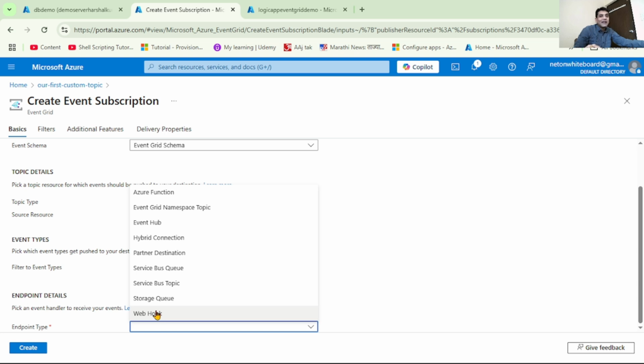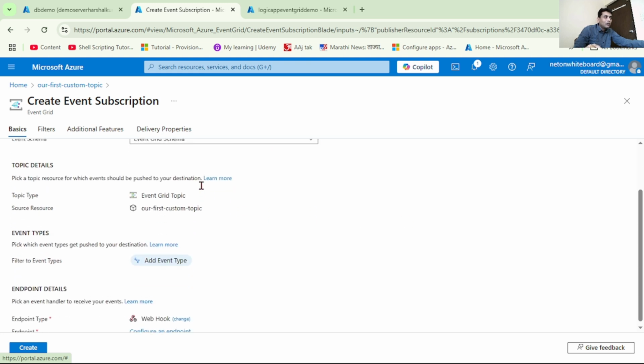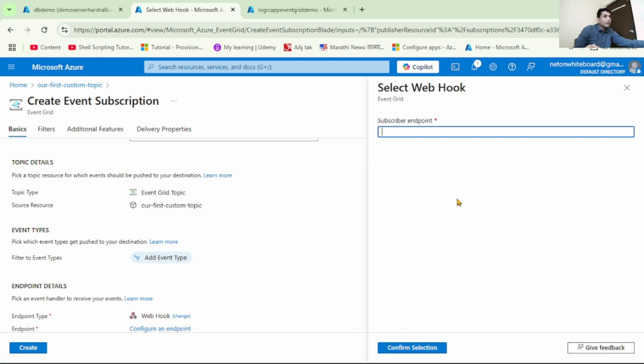So again guys, this endpoint is nothing but the handler, right? So we are adding a subscription, and the subscription is logic app subscription. But how will Event Grid come to know how to reach this logic app subscription, right? It can reach it through this webhook. Again, we can have the endpoint as an Azure function as well, right? So as of now, let's select webhook, and here I will say configure endpoint, and then let's simply paste that logic app URL, and I will say confirm selection,